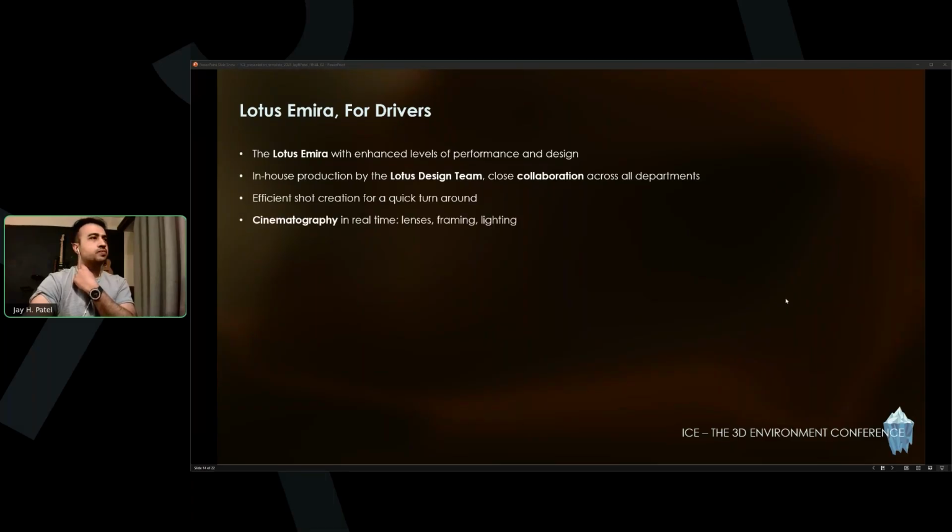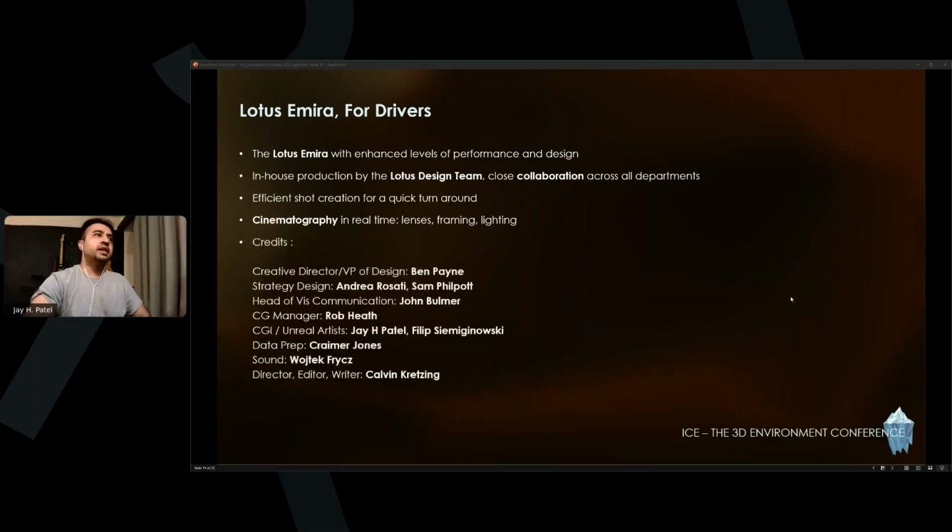So in terms of the shot creation, we didn't have much time for this film. I think maybe a week and a half for the entire thing. So this meant we'd basically be reusing our own assets, environments we've built for other projects.